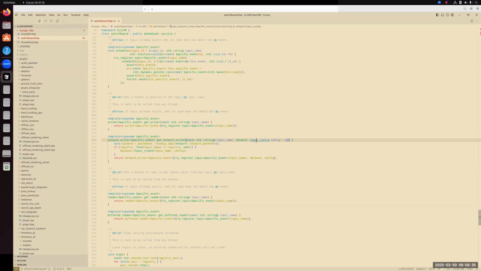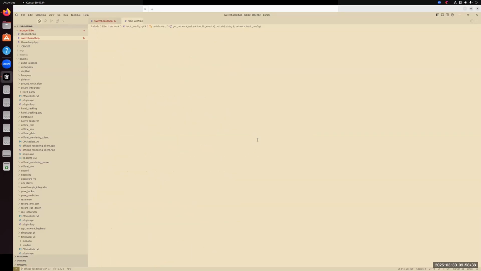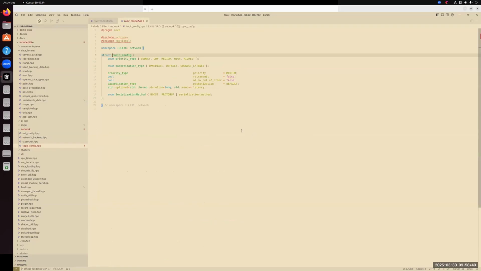So let's take a look at what kind of hints you can give to the networking backends on how to deliver your packet. We have priority, whether to retransmit the packet if it is lost, whether we want to allow out of order delivery, what kind of packetization we want to use, and what kind of latency we want to make sure the packet is delivered by.